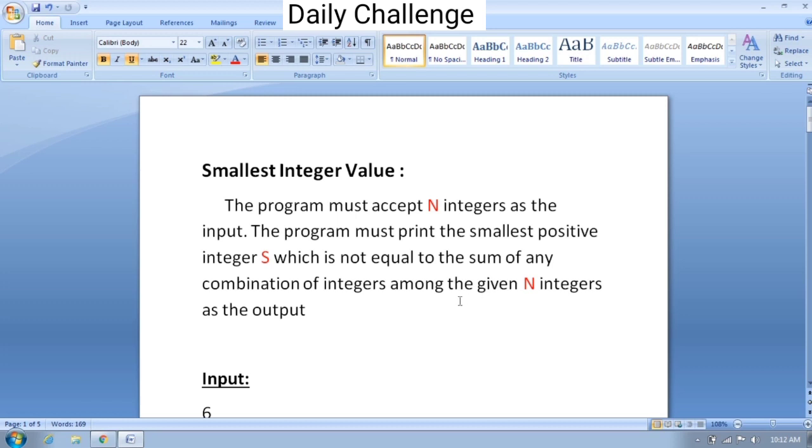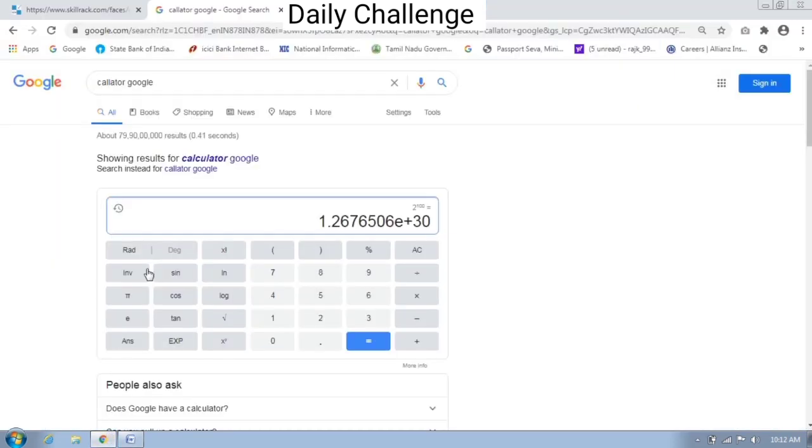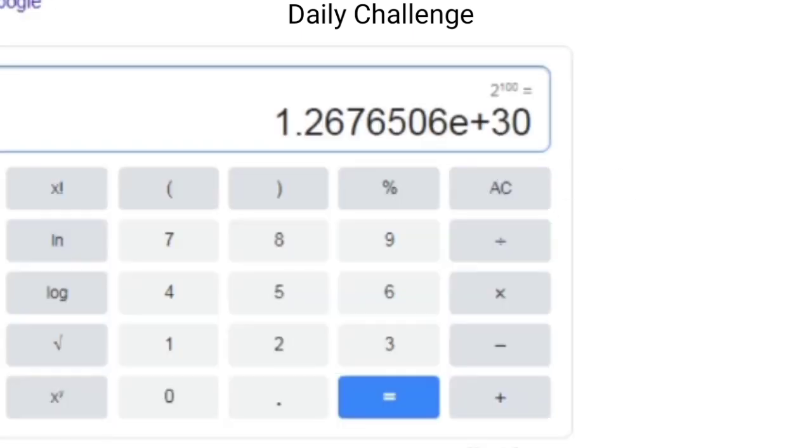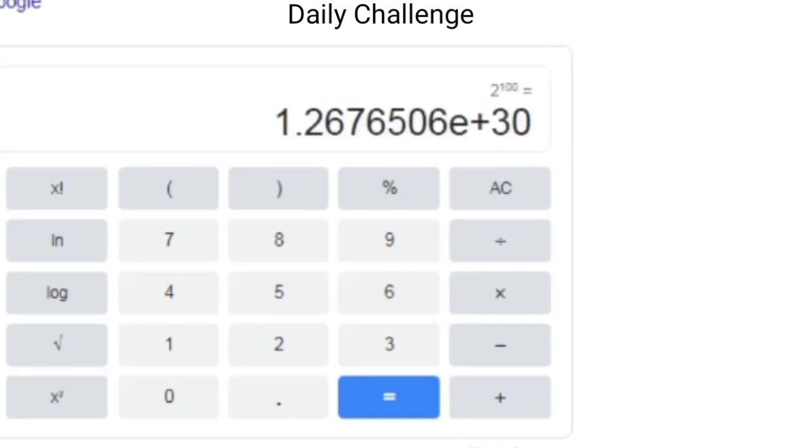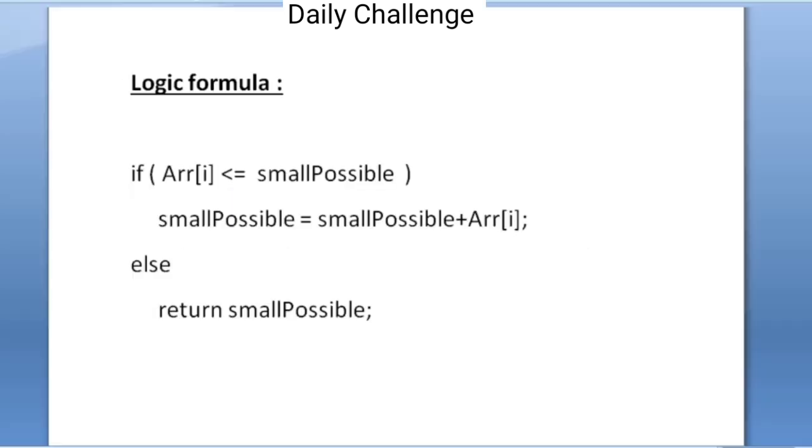But this is not going to work because it is given that the maximum value of n can be 100, and when the value of n is 100, it would be producing 2 power 100 subsets, which would result in that many numbers. So it would exceed the time limit and space limit. And there is a greedy approach to solve this problem.